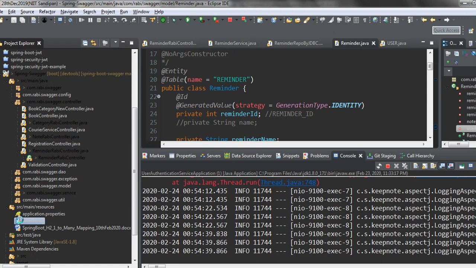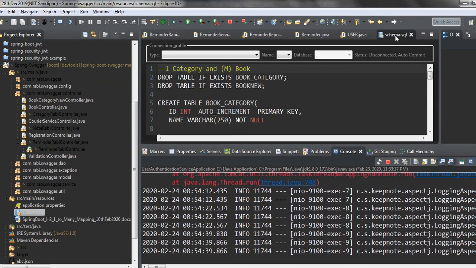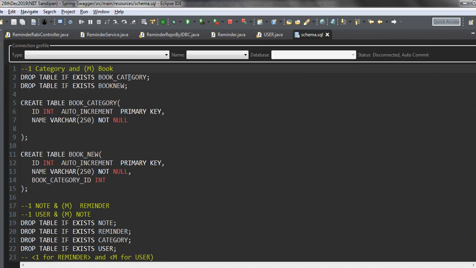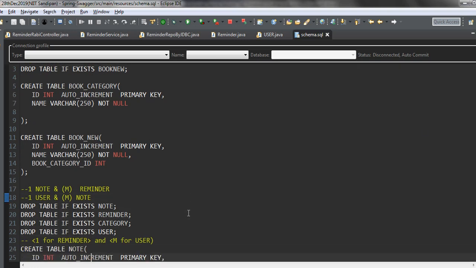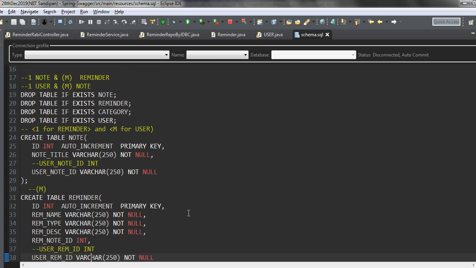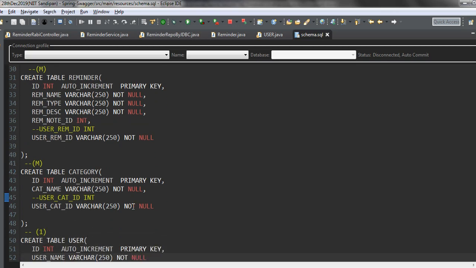So here what I have done is drop table if exists, in multiple cases I have done drop table if exists, for reminder, category, user, and then I just create the table. I have not included all that stuff, because actually it is not required. I mention the primary key and the foreign key mainly. Other things are just as you wish. In other cases it will be taken care of by the model object. So for table reminder, all the foreign keys I have mentioned here. So this way we can